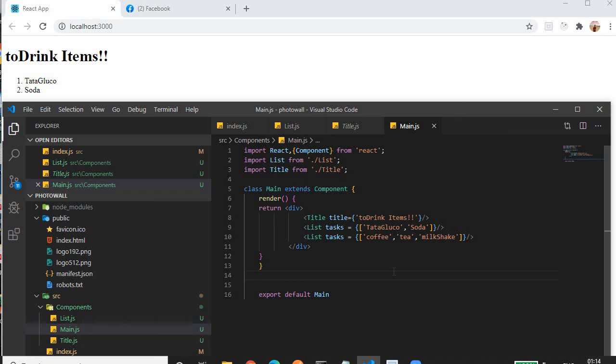Then the next step, we saw how you can pass data to the component. Then at the end we saw the refactoring of our code, with each component in a different file. And for rendering, we have to render the main component by using ReactDOM.render, with the selector for that main component.